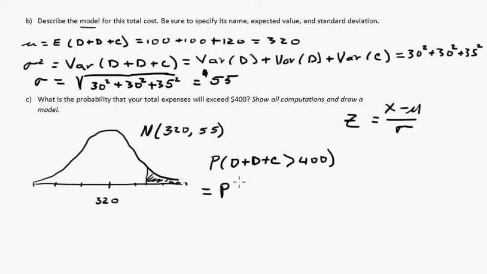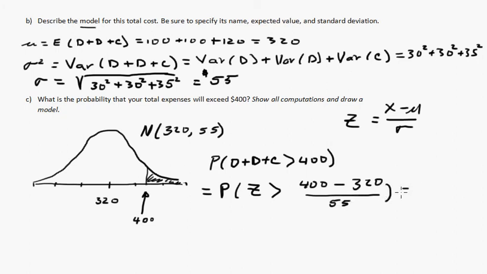So that's going to be the probability that Z is greater than 400, since that's what we're interested in, 400 minus 320 divided by 55. Okay, so that's the probability that Z is greater than